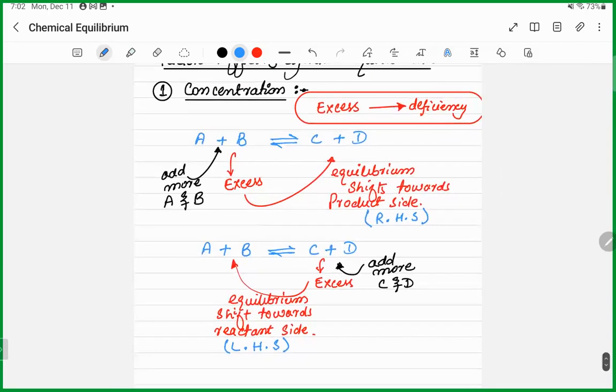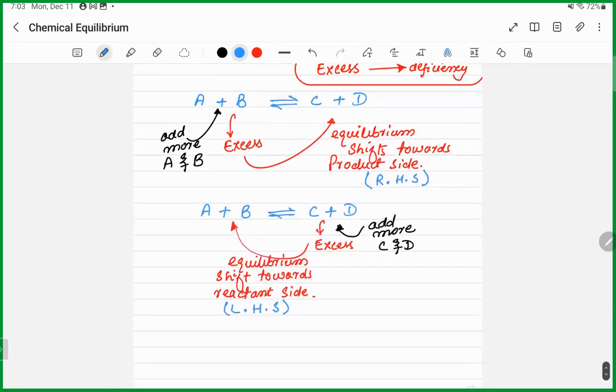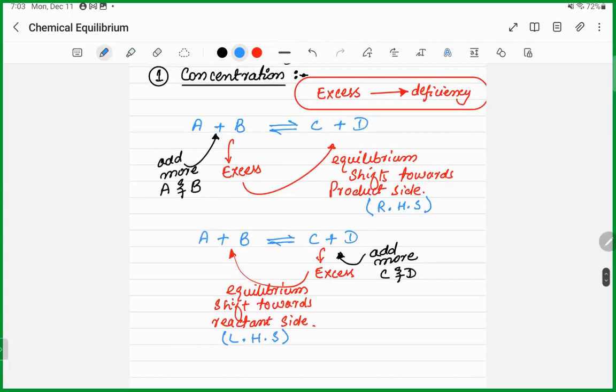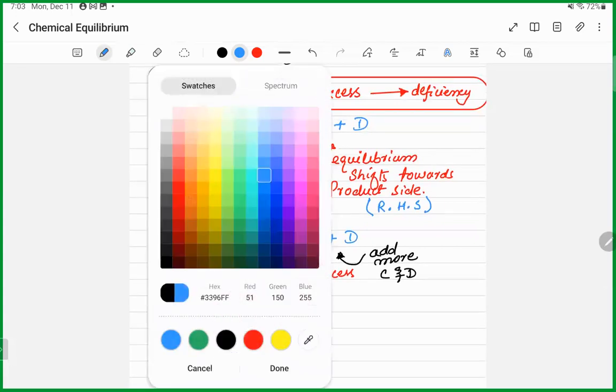So whenever you add more reactants, there are two ways by which you can shift the equilibrium towards the product side. Either you add more reactant or remove product. Okay? So यही बात अब हम स्टेटमेंट की फॉर्म में लिख लेते हैं. I hope this point is clear. सही है? So आप लिखिए स्टेटमेंट बेटा